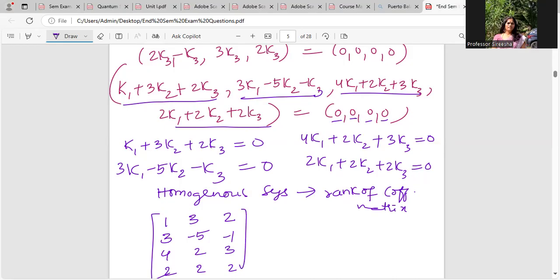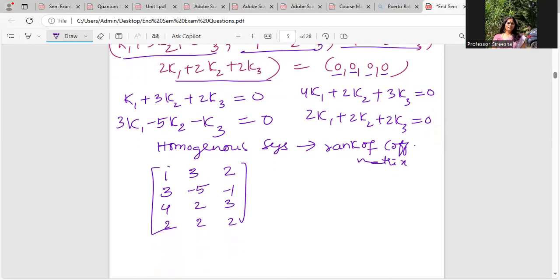I'll reduce this matrix to echelon form. How do I do it? Using the pivot. Below the pivot, I will reduce all of them to 0, by using elementary row transformations. Row echelon form is what I will be following. Why? Because if I go with column echelon form, all the coefficients get mismatched. K2 coefficients go to K1, K1 coefficients go to K2, and it will be a huge mess. So I'll stick strictly to elementary row operations.